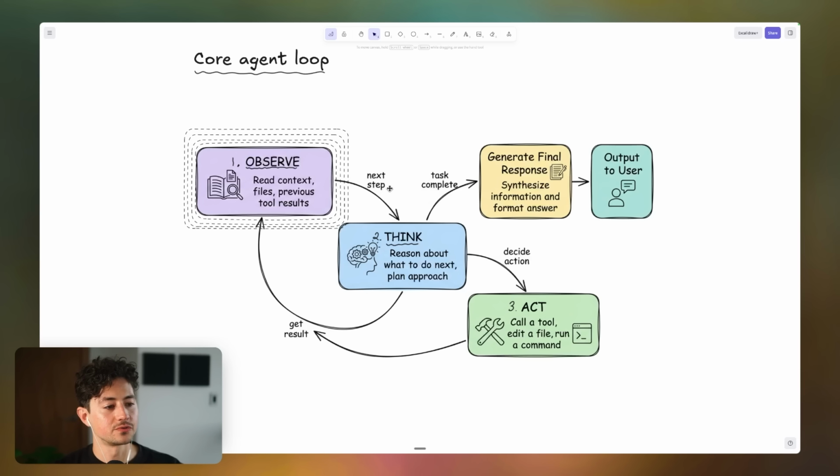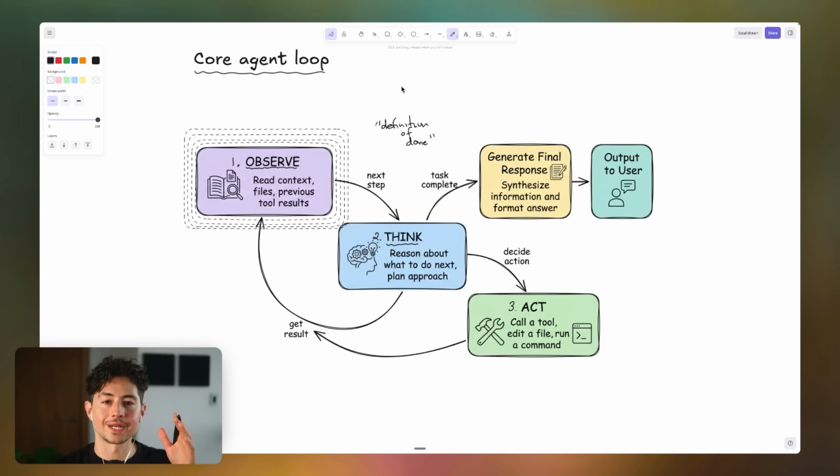What occurs after you go through this loop, usually 3 or 4 times, is eventually the model reaches a point called the definition of done. And the definition of done, which I think a lot of people leave out of their agent prompts, which is probably why they're always underwhelmed by what happens, is the series of constraints and technical specifications required for the model to conclude that it no longer needs to do this loop.